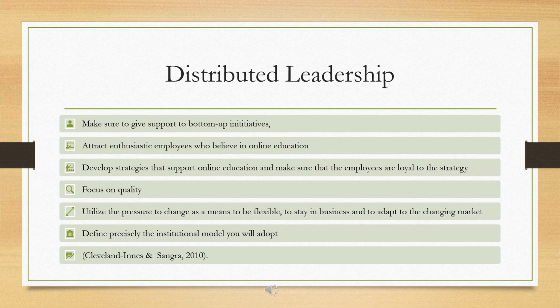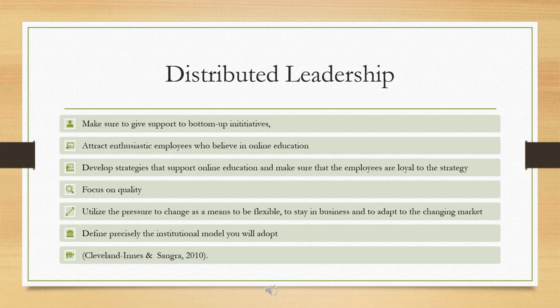I've pulled a few of these from the list, and they are: make sure to give support to bottom up initiatives, attract enthusiastic employees who believe in online education, develop strategies that support online education and make sure that employees are loyal to the strategy. Focus on quality. Utilize the pressure to change as a means to be flexible, to stay in business, and to adapt to the changing market. And define precisely the institutional model you will adopt.